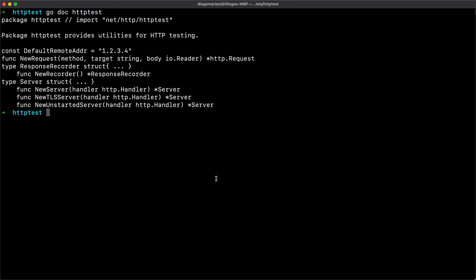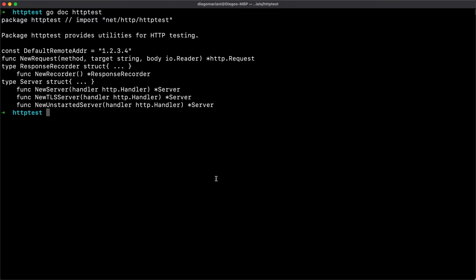In this episode we are going to talk about the HTTP test package. The HTTP test package is a package that can be found directly in the Go standard library, and it's used for HTTP testing. And what I mean by HTTP testing is facilitating us to test HTTP clients and servers in Go. You may already have created or written Go servers and clients.